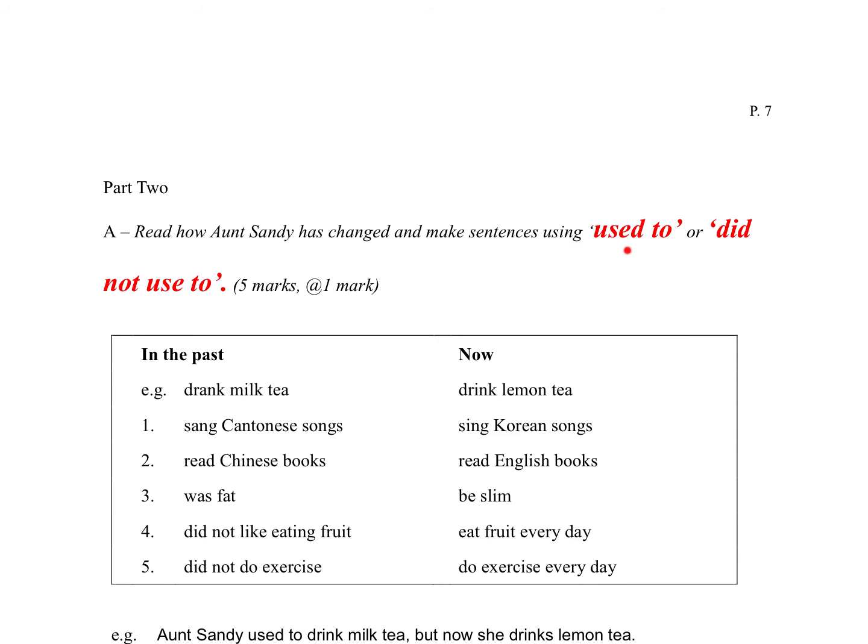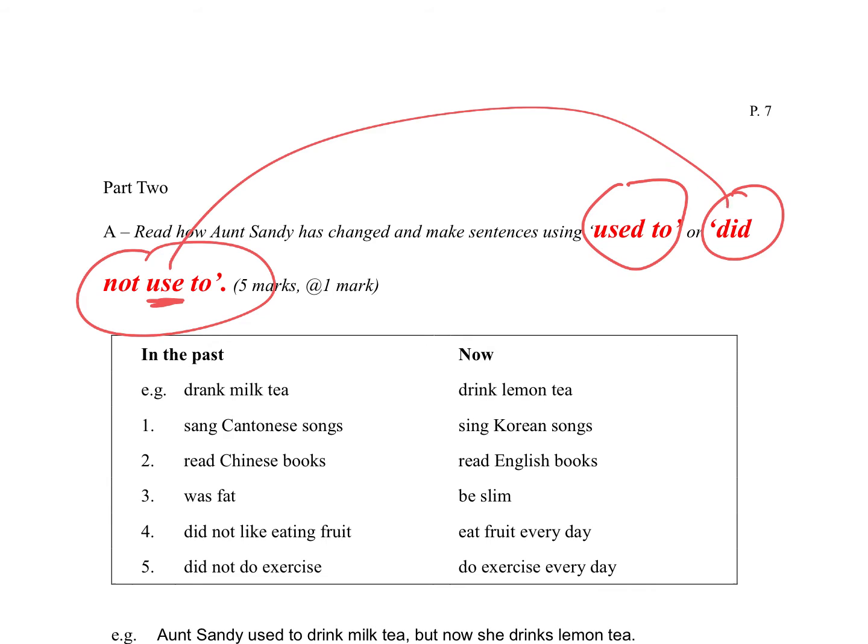呢一 part 係寫句子，睇一睇題目。Read how Aunt Sandy has changed and make sentences using used to or did not used to。嗱，有好多嘅同學係冇睇題目㗎，講明咗用 used to or did not used to。留意呢個 use 嗰個 ed 已經冇咗，去咗個 did 嗰度㗎啦，所以係 did not use to 係冇 d 㗎。咁所以如果你寫咗咩 is, am, are, was used to 啊，呢啲都係奇怪㗎啦。